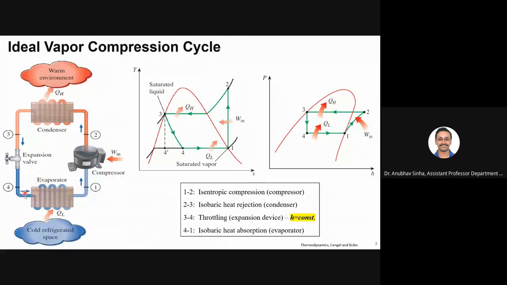In this evaporator is where the refrigeration effect is felt. This is the cold refrigerated space, the place which needs refrigeration, or the volume or space from which heat is required to be removed. This is your cold, low temperature reservoir, from which we absorb heat, which is QL, and then the cycle will continue. So the net effect is that we are transferring heat from a low temperature reservoir to a high temperature reservoir with some work input. If we don't have any work, then it will violate the second law.